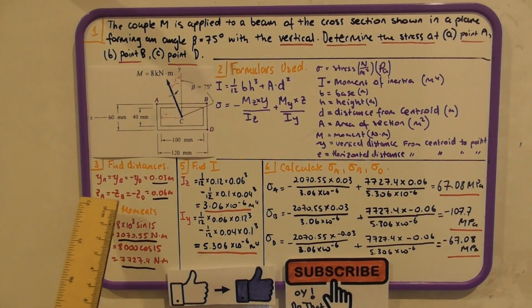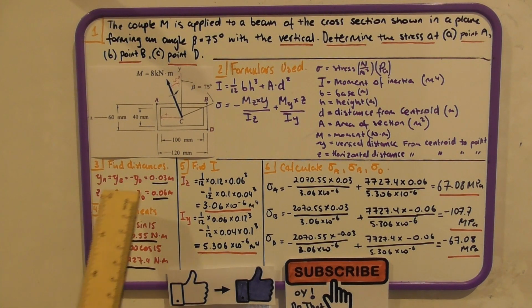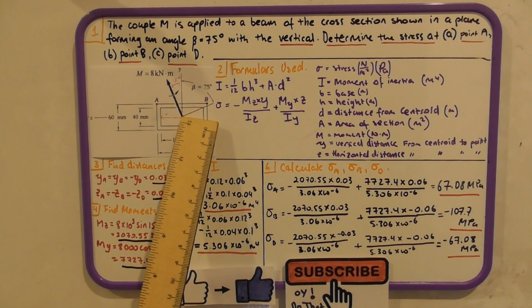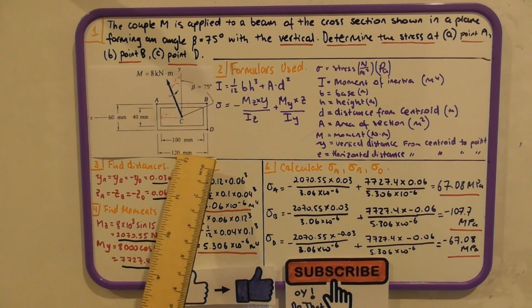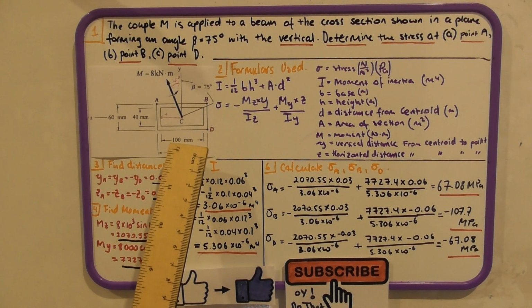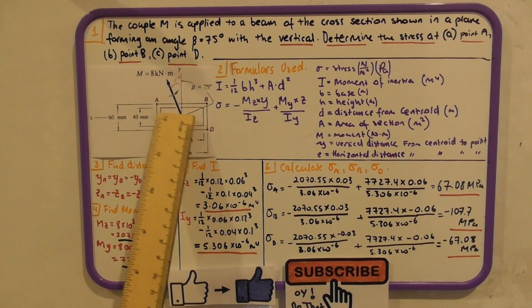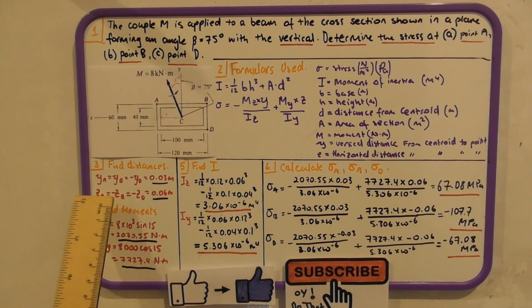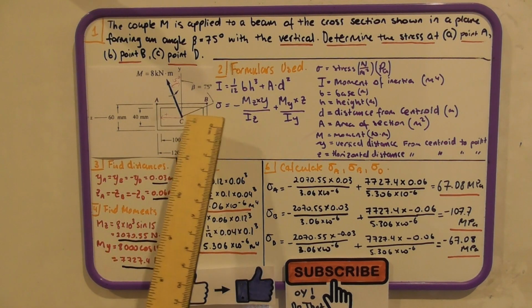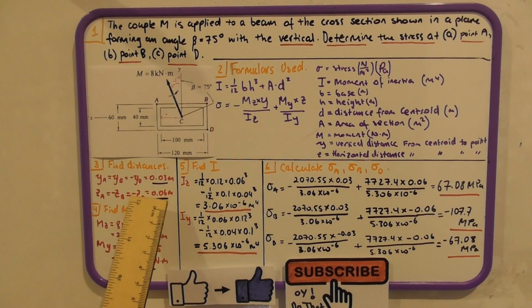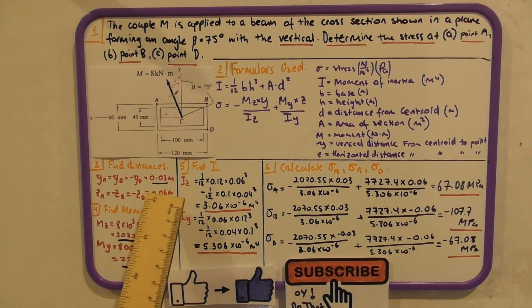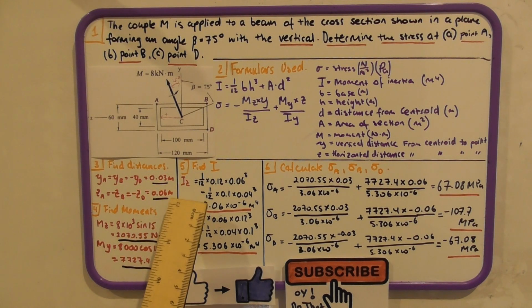Now similar for Z, we had to travel in a positive direction 0.06 meters to get to A, so ZA is positive. Then in the negative direction for B and D, so negative ZB equals negative ZD, all equal to 0.06 meters. Now to find moments,